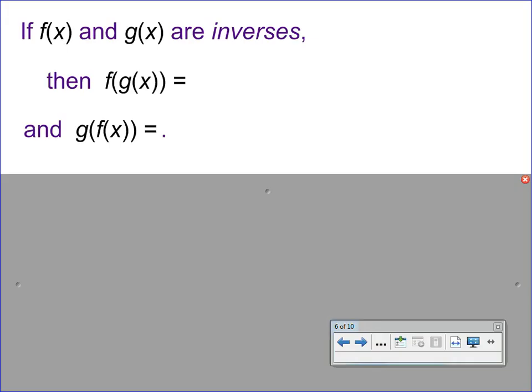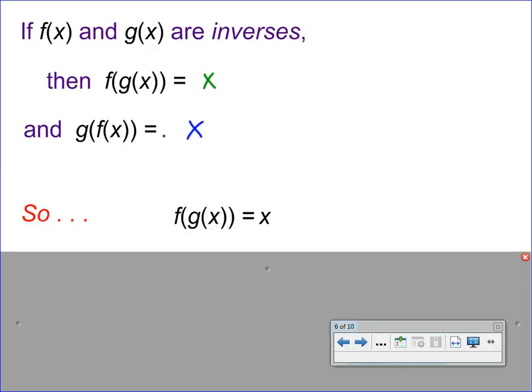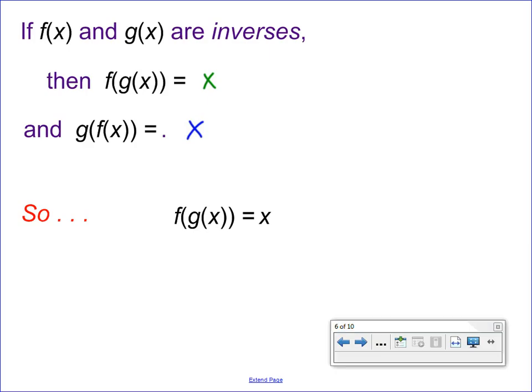Well, whatever one function does to this original input x, this inverse function is going to undo that and get you right back to where you started. In other words, f of g of x is going to be equivalent to x, my original input, and g of f of x, since g and f are inverses, would be equivalent to the original input x. And so two inverse functions undo one another. Whatever my first inner function g does to my input x, the inverse function f will undo it and vice versa. Well, that means for us that f of g of x equals x, so if we differentiate each side now to get our derivatives involved,